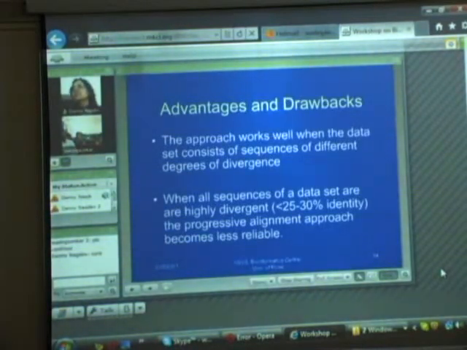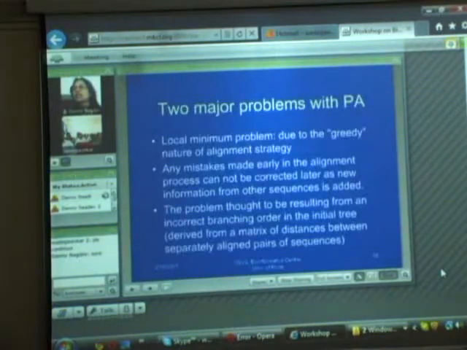Of course, there are some advantages and some drawbacks. The advantages being that it is a very accurate method, it gives you a lot of tools, a lot of handles to further analyze your protein sequences. But some of the drawbacks of the method are that it works very well when the dataset consists of sequences with small divergence, okay? A smaller range of divergence. When you have sequences which are highly divergent, it may not work so well, it may not be so reliable. That is one drawback associated with any MSA tool, in fact, not particularly ClustalW, but in case of any MSA tool, this has to be remembered.